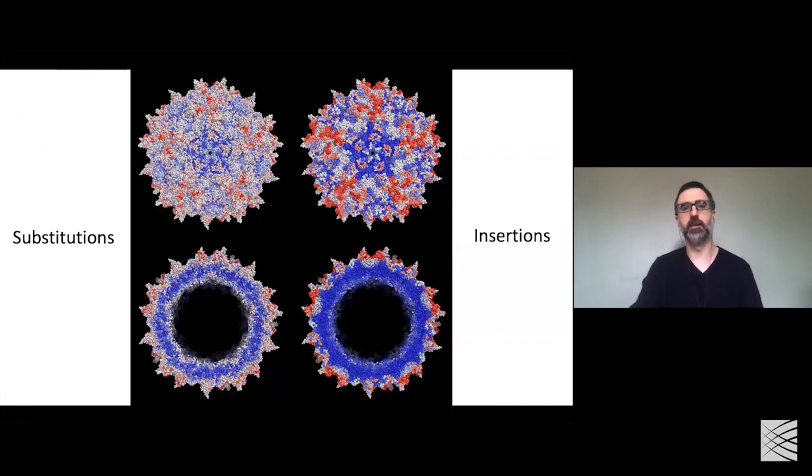This is just taking the average across each position for the substitutions and the insertions and plotting that on top of the 3D crystal structure. And you can see these striking patterns, not only between inside and outside of the capsid, but also the differences that are evident between insertions and substitutions. So it kind of gets to the point of structure has been a guide to our engineering efforts,